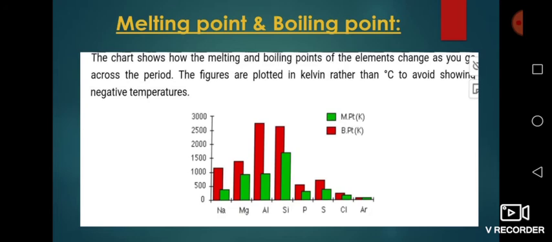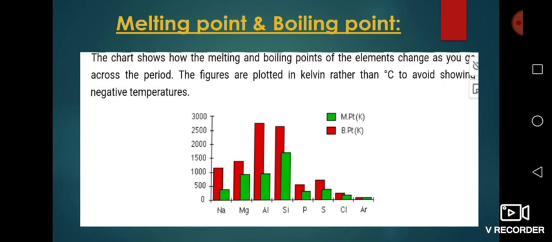When we look at the other elements like phosphorus, sulfur, chlorine, and argon, they have van der Waals forces. They exist in the form of molecules. Phosphorus exists in the form of P4, sulfur exists in the form of S8, and chlorine exists in the form of Cl2, while argon exists in the monoatomic form. The strength of van der Waals forces depends upon the size of these molecules. These all are non-polar molecules.